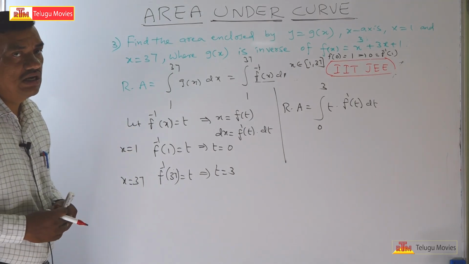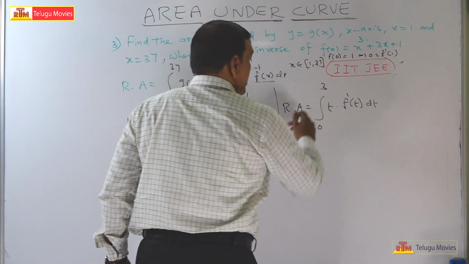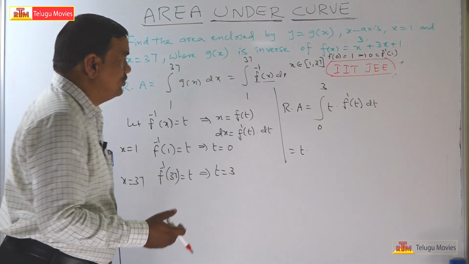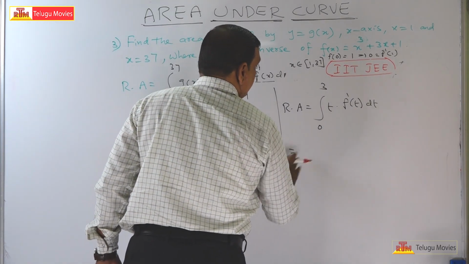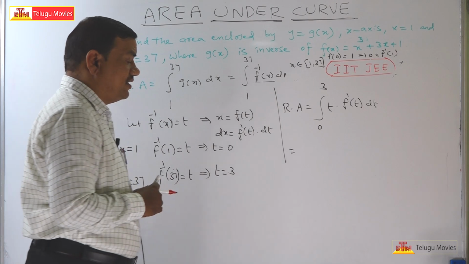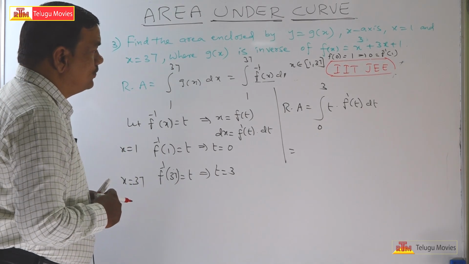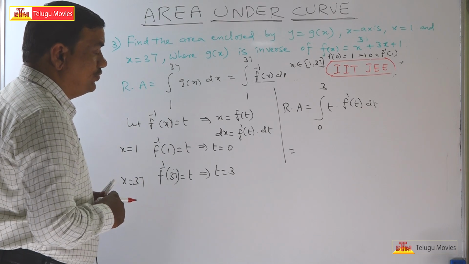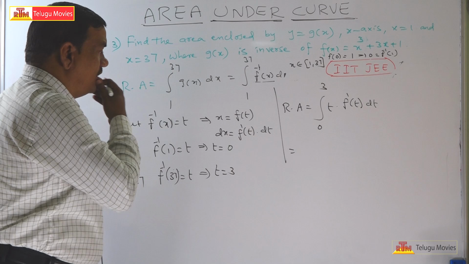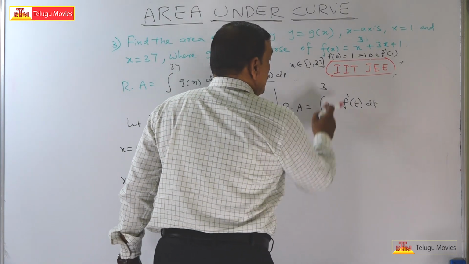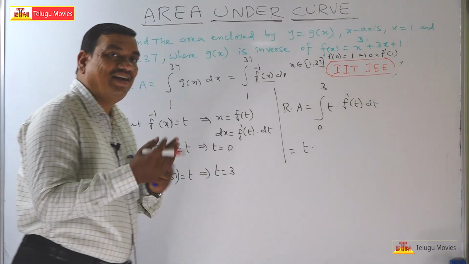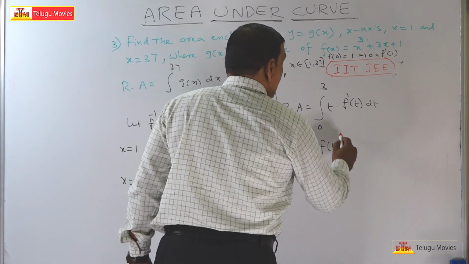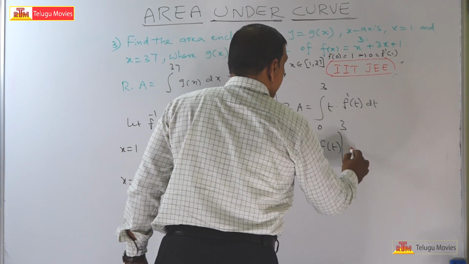Now you can use the integration by parts formula. First, take t outside, so you have t into f dash of t. Now the integral of f dash of t, integral and differentiation cancel, and you will get f of t between the upper and lower limits, minus